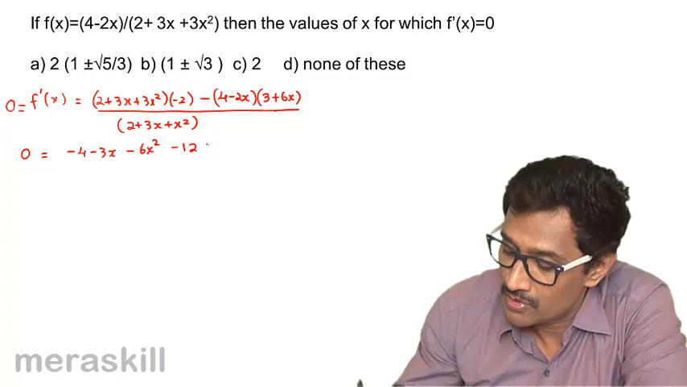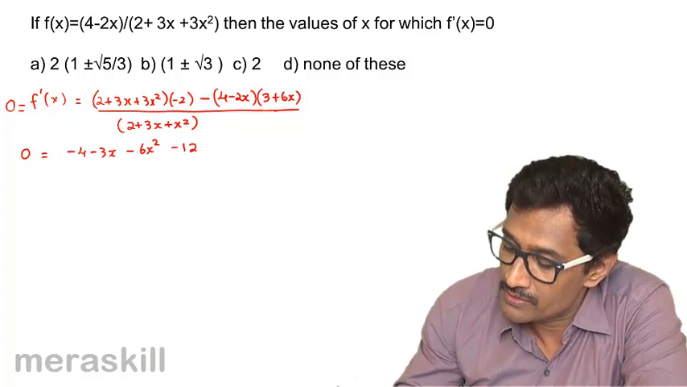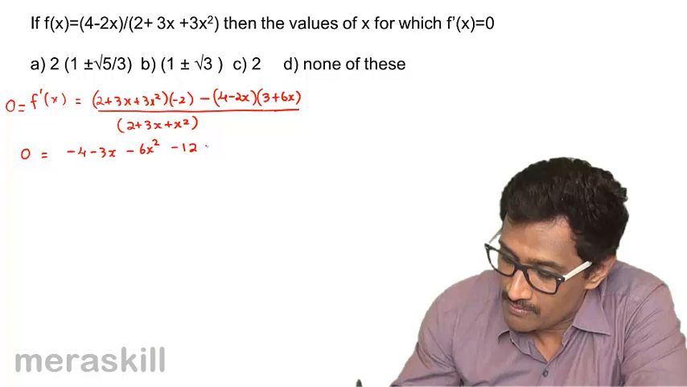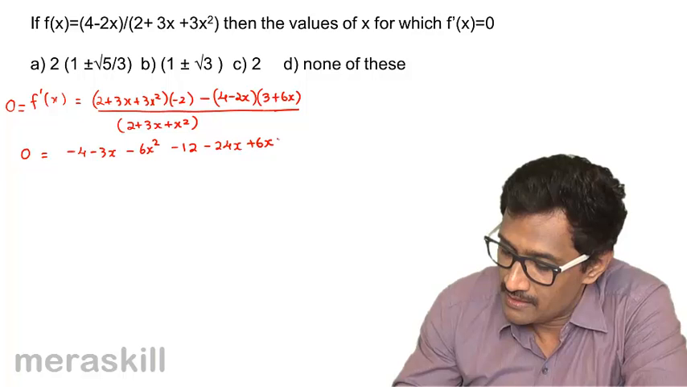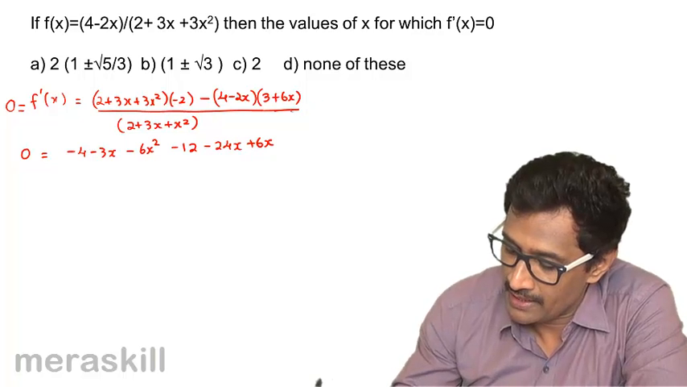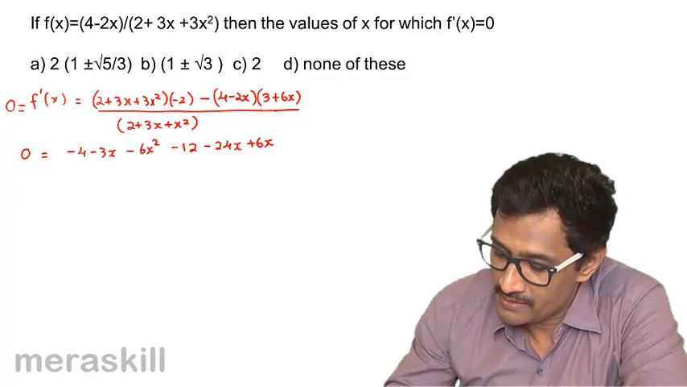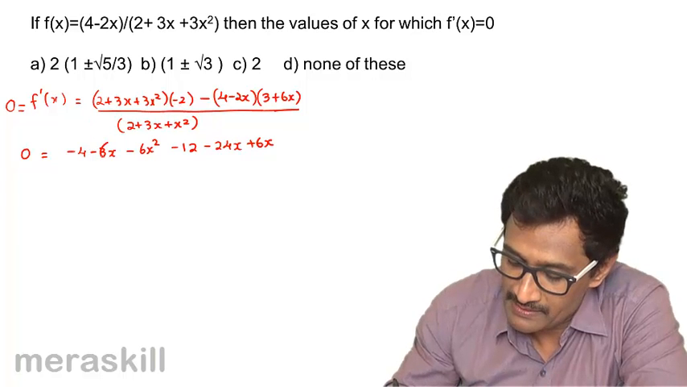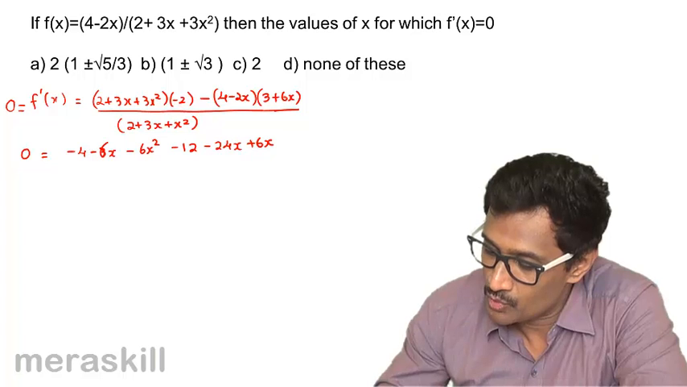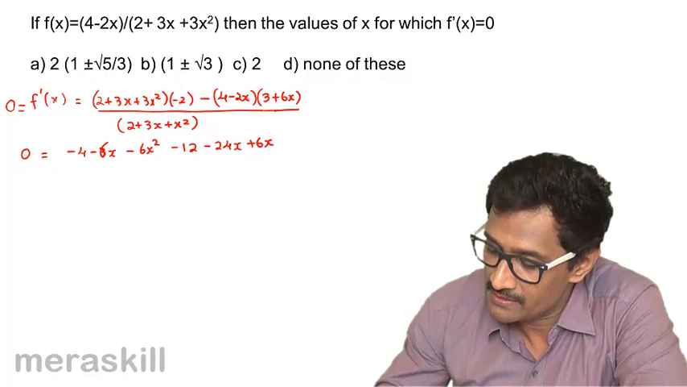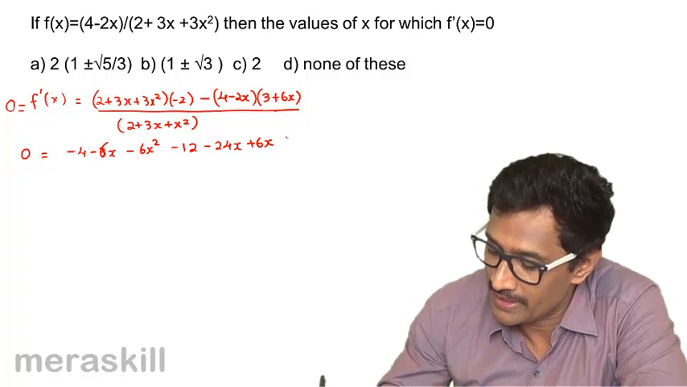minus 4 into 6x, that is minus 24x, minus 2x minus, that is plus 6x, and also minus 2 into 3x, this is going to be minus 6x. And finally we have minus 2x into 6x, minus 12x squared plus 12x squared